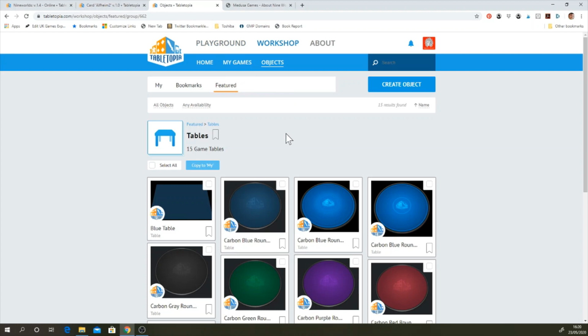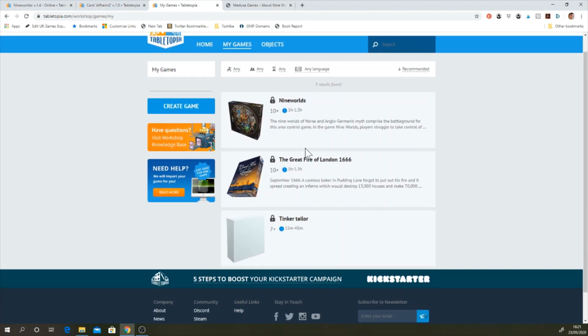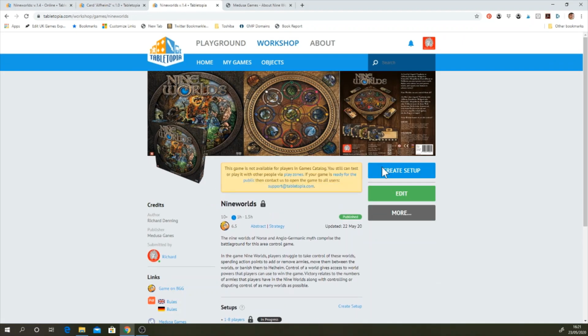Okay, so let's assume now you've done the business of creating your game design, and the objects are all there ready to go, and now you're going to put it together into an actual game design. So you need to go into the game, and you need to create a setup up here. I click create setup,